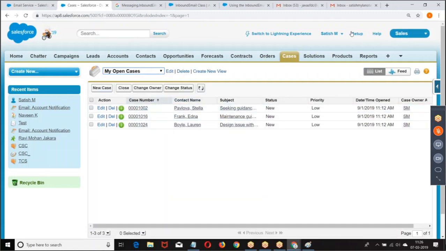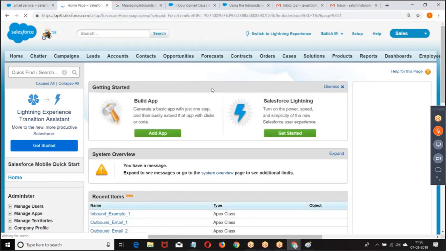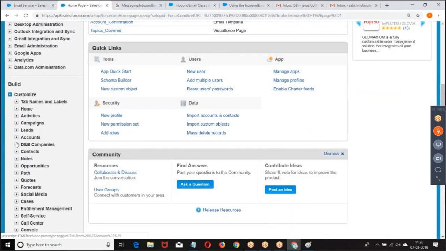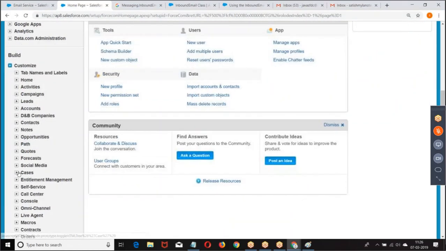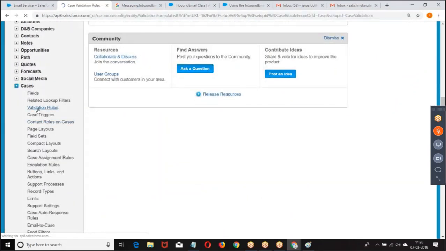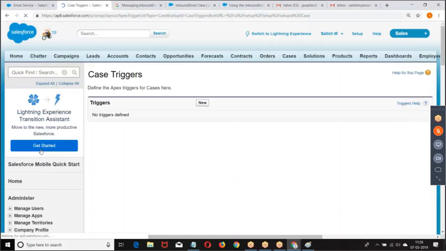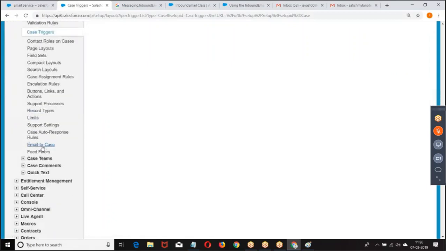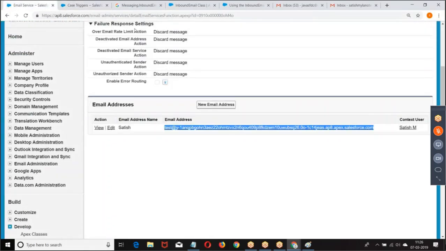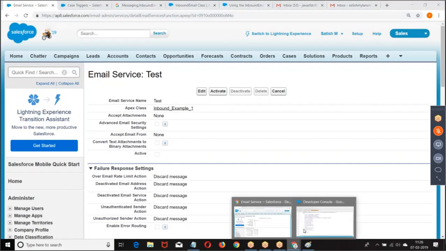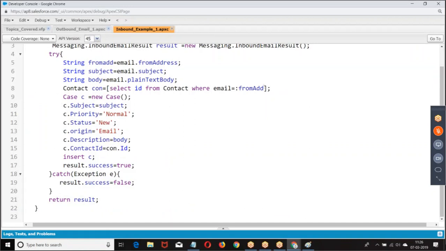You not received. Let me check whether any validations are missing or any required fields I have missed out. No validations. No triggers. Okay. Now let me create the case once again. Go back to the case. Now, there is a possibility that I might have received more than one contact. I wrote a single contact.